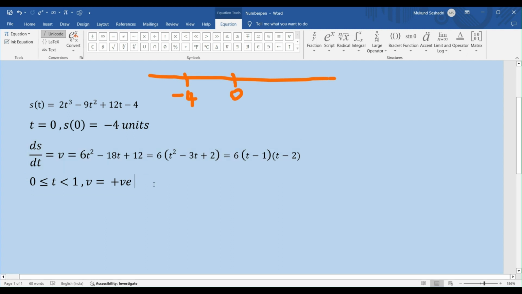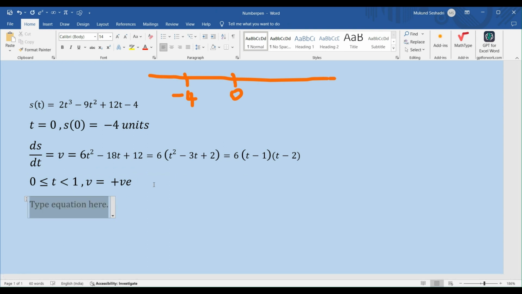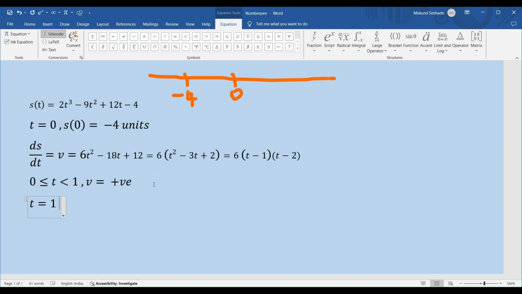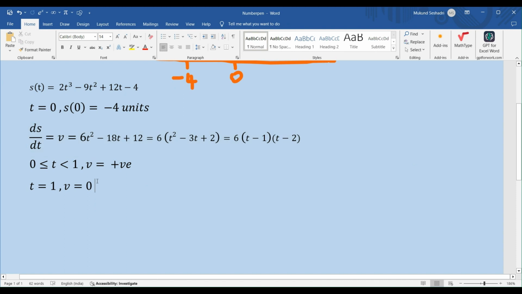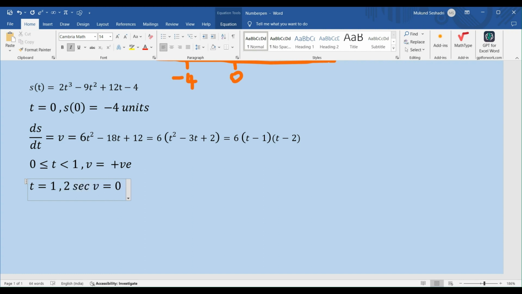Now let's come to t equals 1. At t equals 1, you're going to have your v becoming 0, right? That's point number 2 that you'll have to keep in mind. And similarly, I'm going to add it here, at t equals 2 as well, your v becomes equal to 0, right? So at t equals 1 and 2 seconds, your v becomes equal to 0. And now what we have is